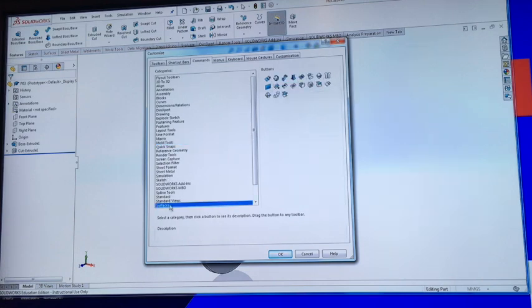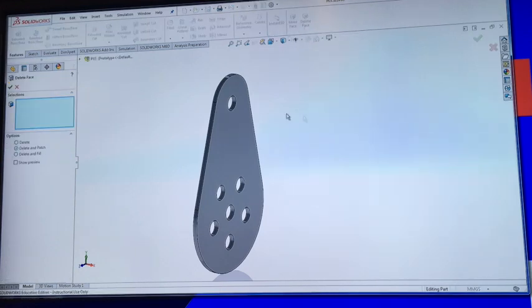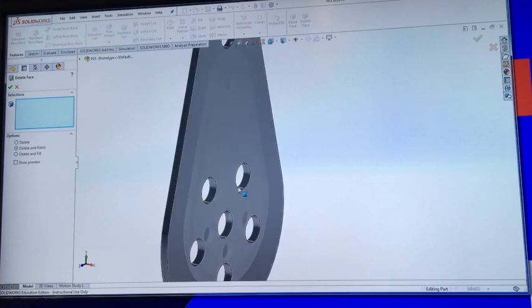That'll be under surfaces. Delete face, there we go. So delete face, it's a surfacing tool, but you can use it on solids. And removing holes is an example of something it can be used for. If I select these holes, the face on the inside of them,